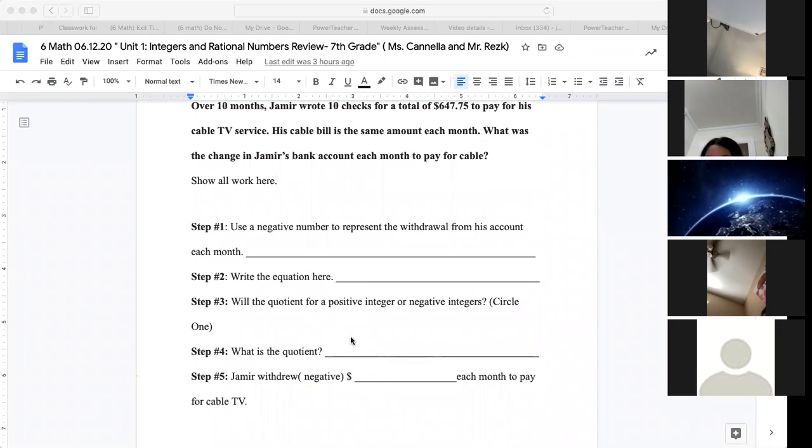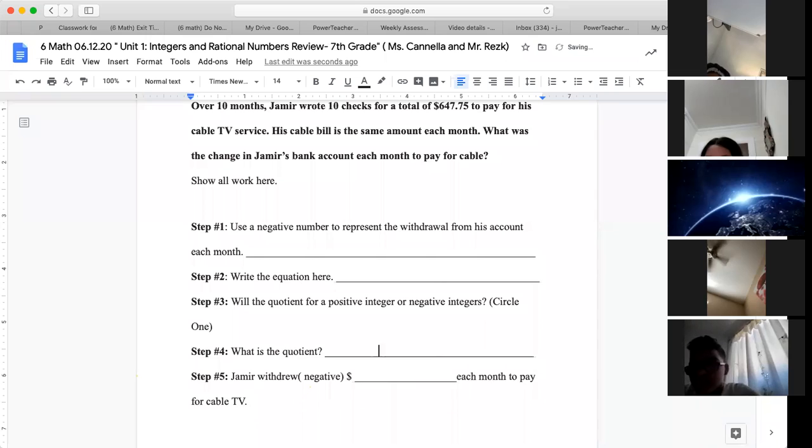To find the quotient, we are going to do what operation, Allison? Division, right? So we're going to divide